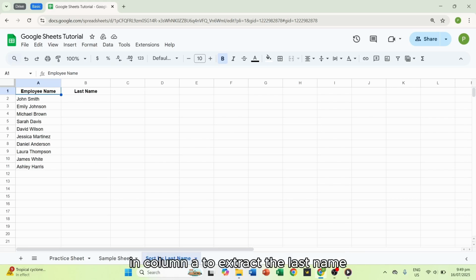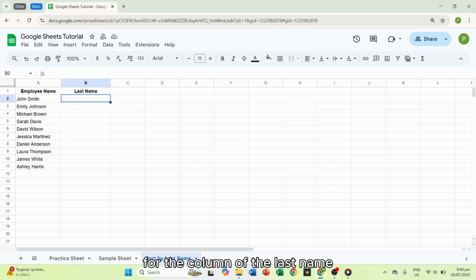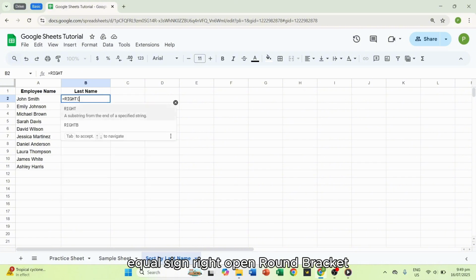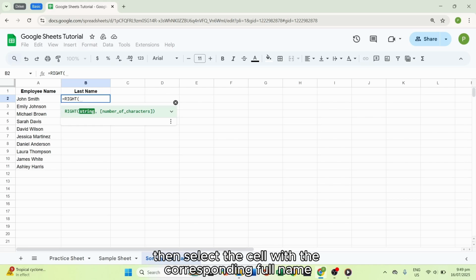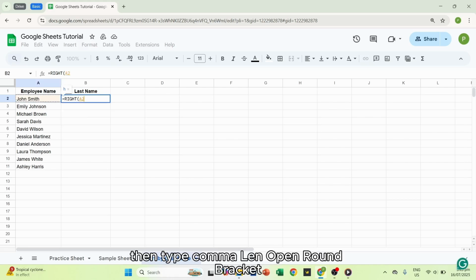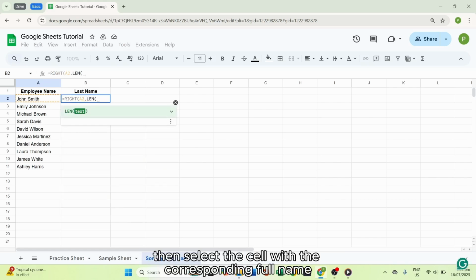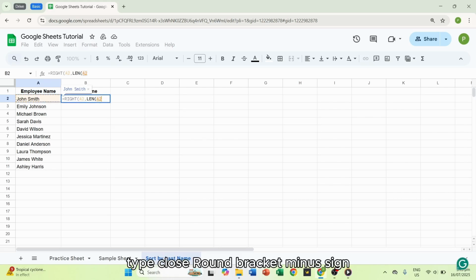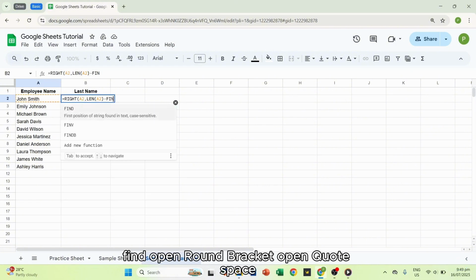To extract the last name, enter this formula in the top cell for the column of the last name. Equal sign, right, open round bracket, then select the cell with the corresponding full name, then type comma, LEN, open round bracket, then select the cell with the corresponding full name, type close round bracket, minus sign, find, open round